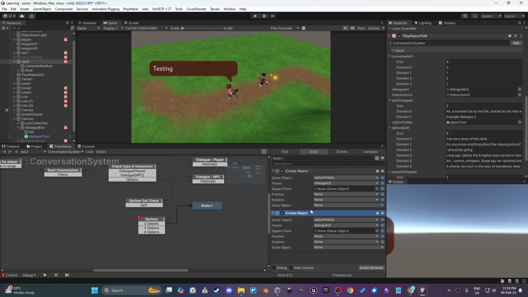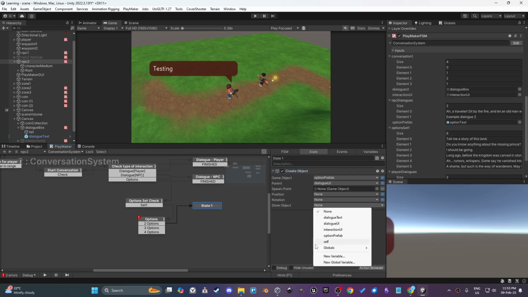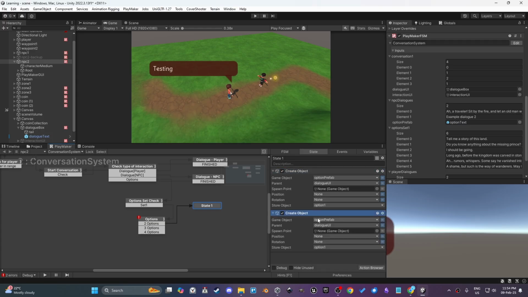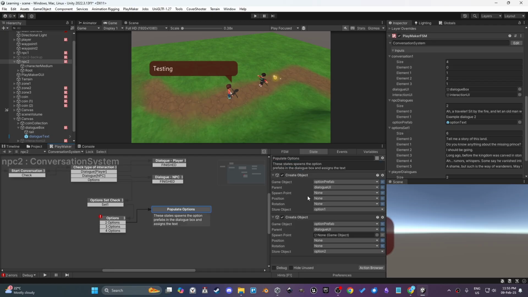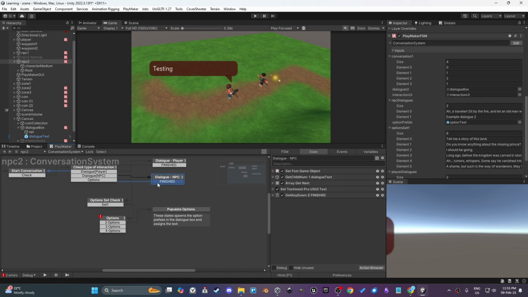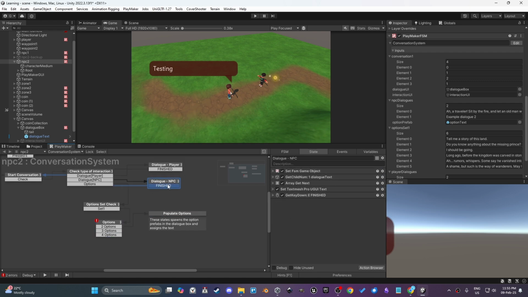So I'll just duplicate the same. Actually, before duplicating, I'll just store the object and create a new variable. This is going to be option 1, and I'll duplicate it and call this option 2. I'm going to call this populate options so that it's self-explanatory. We can even add a description. So once I do that, I'll just remove this spawn point variable and I'll go back to the dialog NPC